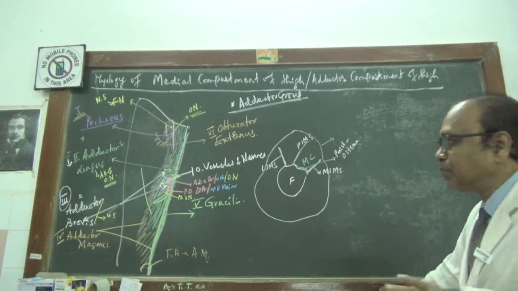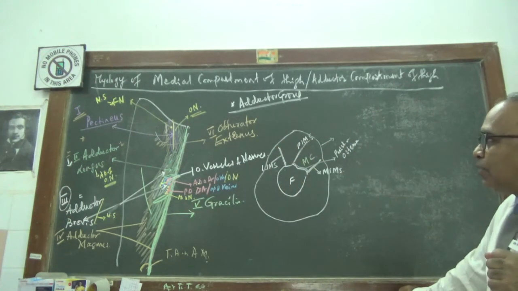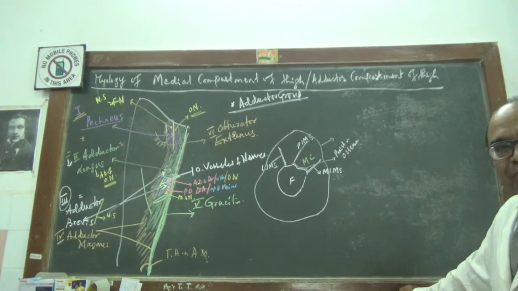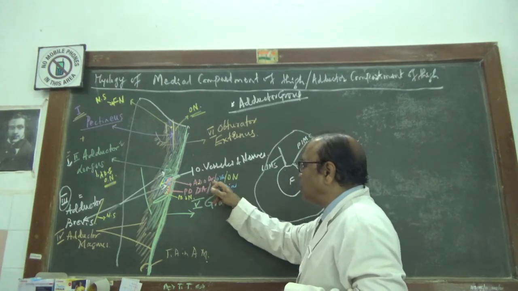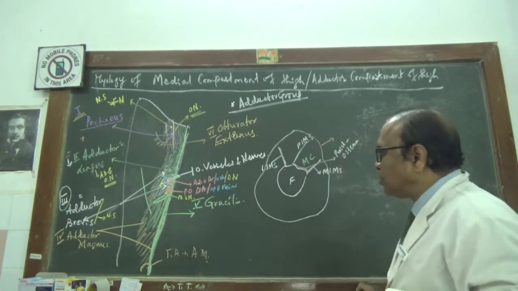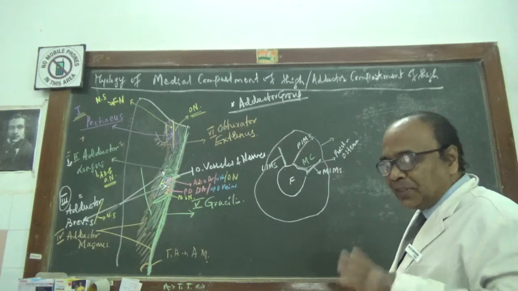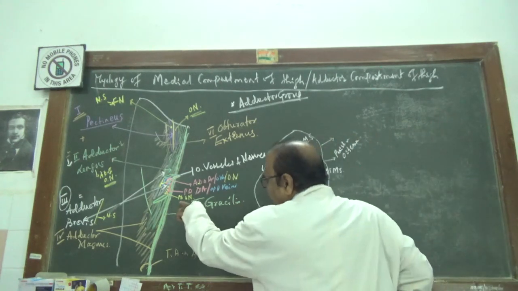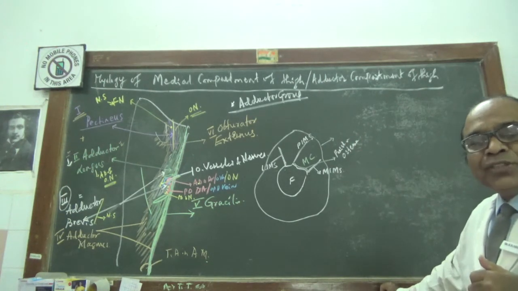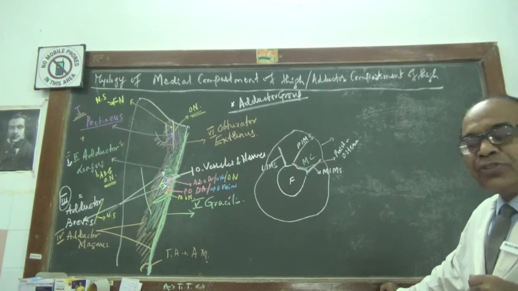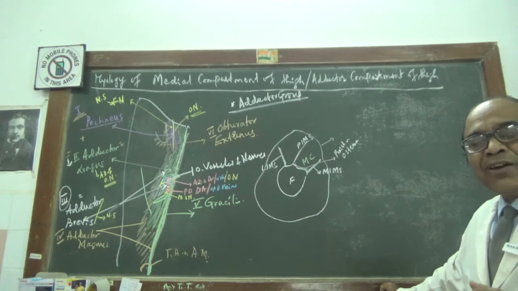to the pectineus. Apart from that, you will have in front the pectineus muscle and the adductor longus, first layer muscle, then the anterior division of the obturator artery, anterior division of the obturator veins, and the anterior division of the obturator nerve, then the adductor brevis, then the posterior division of the obturator nerve, posterior division of the obturator veins, posterior division of the obturator artery. So all these things will be in front.